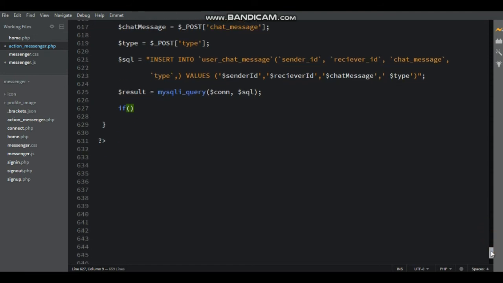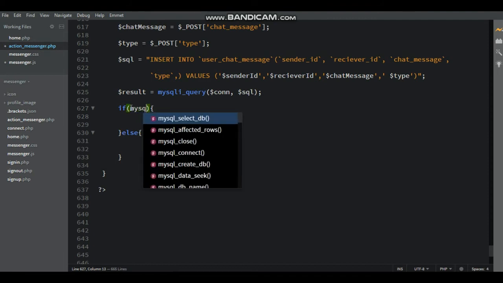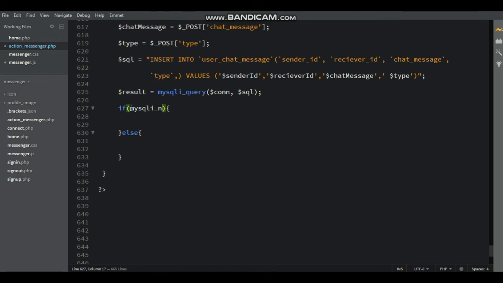Next write the if function. Here close, open and close curly bracket, and then also the else function. So here inside the if, inside the bracket, mysql_num_rows, inside the bracket $result.